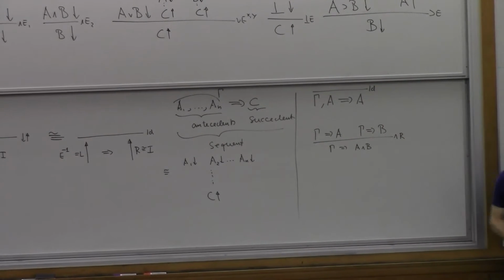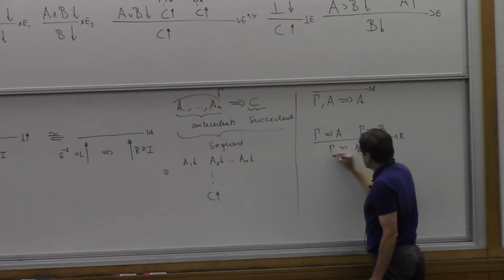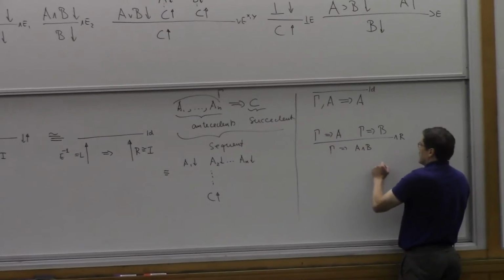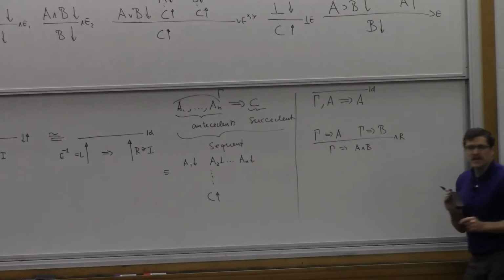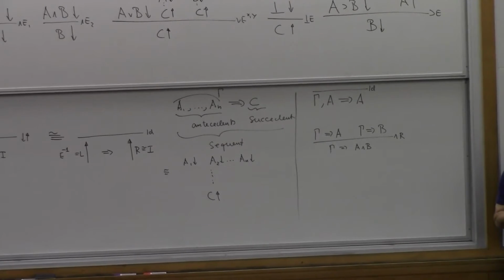Of course it looks exactly like the introduction rule, except that I have written down the things that I can use on the left-hand side. So using everything in gamma to prove A and B, I can use everything in gamma to prove A, and use everything in gamma to prove B. All the introduction rules have that kind of flavor. They just work the same way.